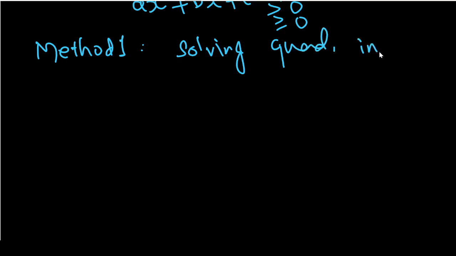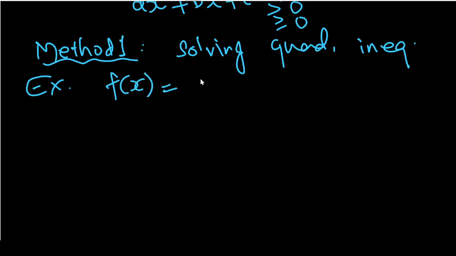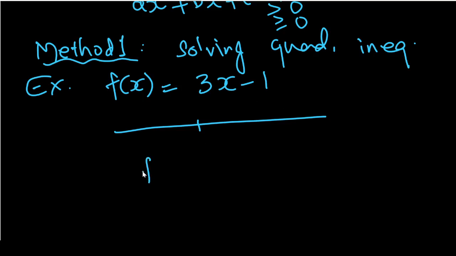Let's say f(x) is 3x minus 1. So on the number line I will plot x. f(x) vanishes, means f(x) becomes 0 at